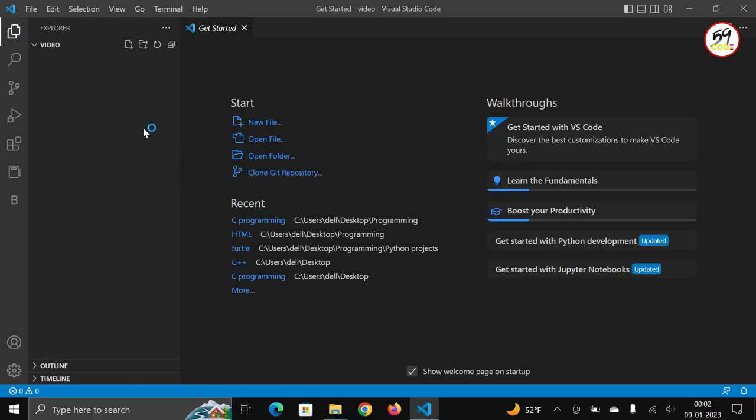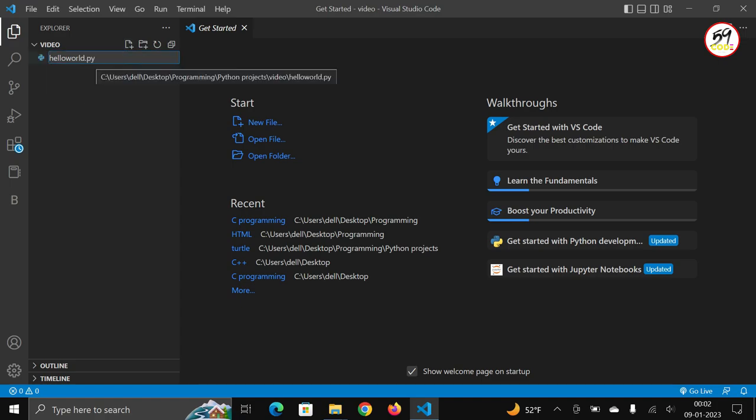In this Visual Studio Code, first of all create a simple file which is hello world dot py. Py is the extension of Python, same as .c is the extension of C language, and .html is the extension of HTML. So create this file,